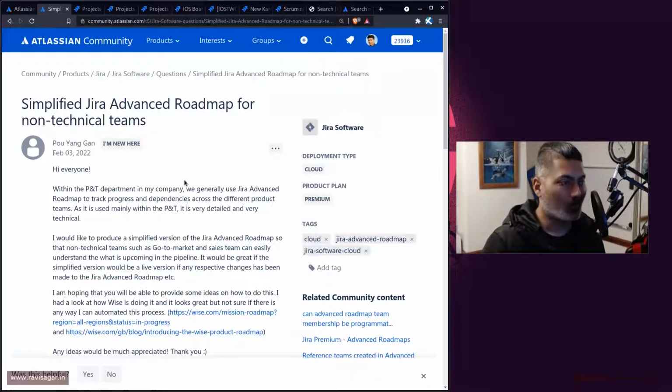But in case you want to consolidate the plan, or in case you want a view across multiple projects, then you have to use an app, or maybe use advanced roadmaps. Maybe you can train your teams. So that is all